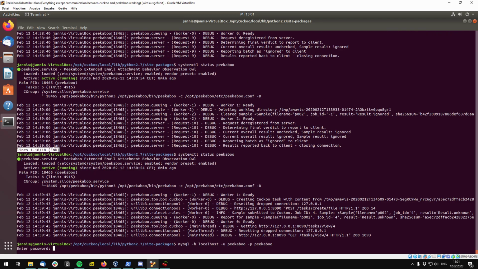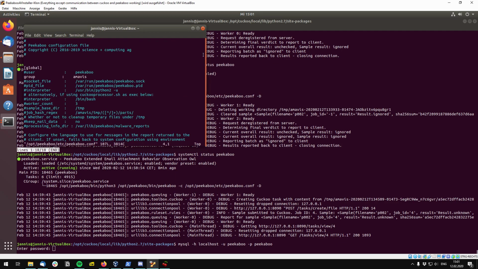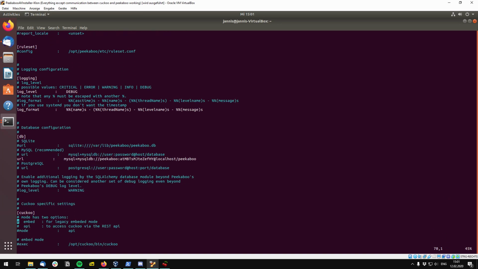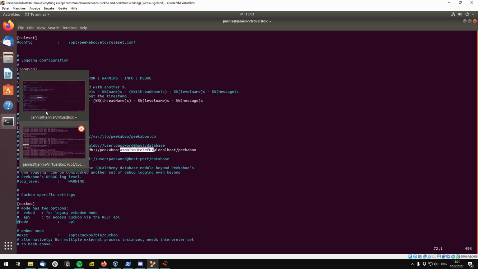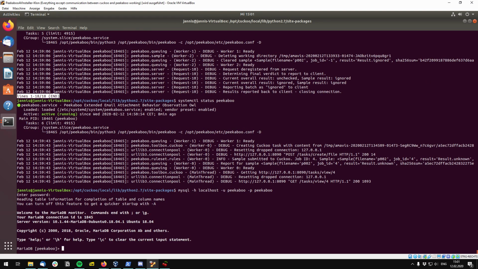The password should be right in here. Here we can find the password. There it is. And now we can paste it. Now we can see,